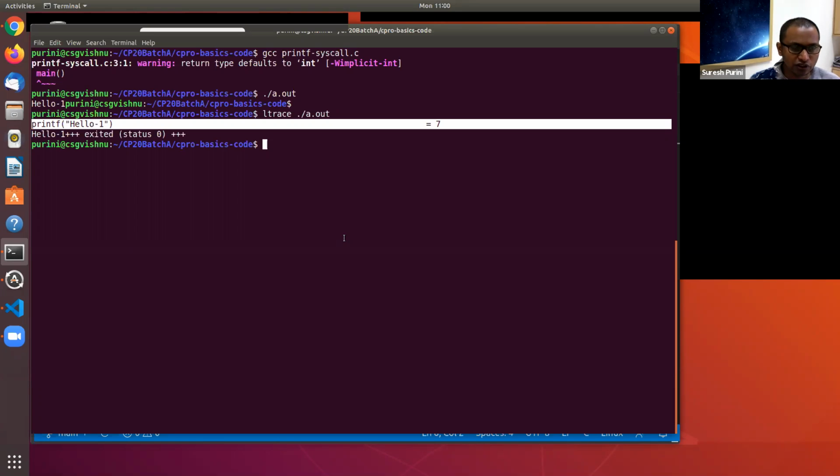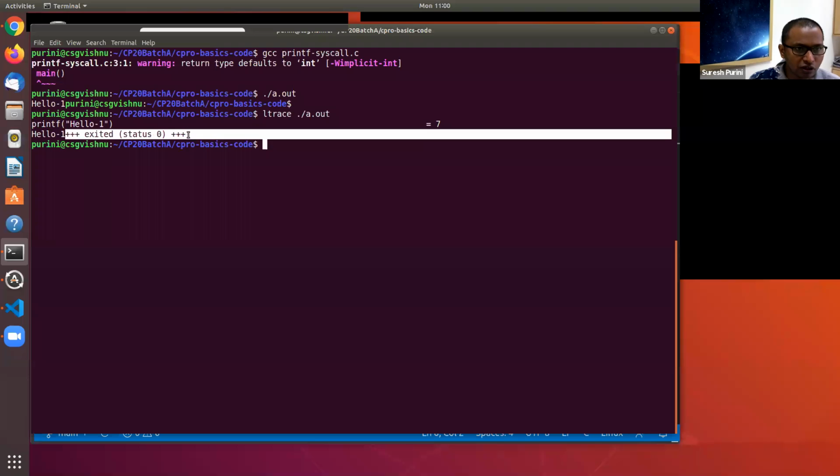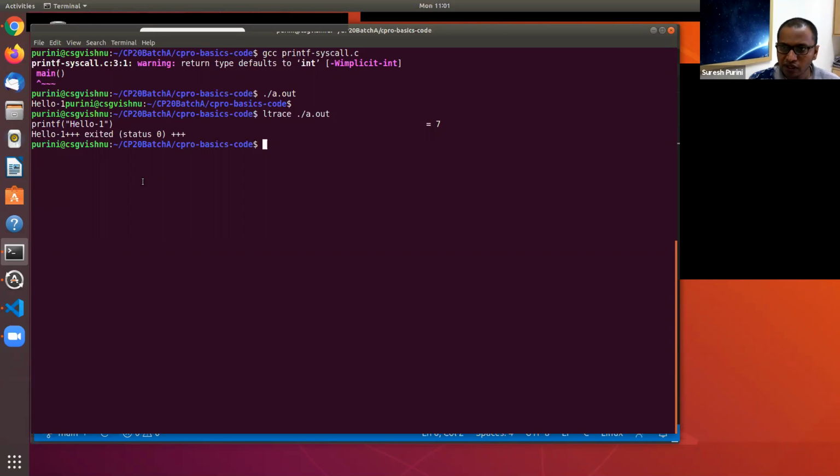There is a question, why the extra output? It's just what ltrace is doing. It's not part of hello-one, and not part of the a.out output. This is also output from the ltrace program. Where are the 7 characters? Hello-one: HELLO is 5 characters, dash 1, it is 7 characters.